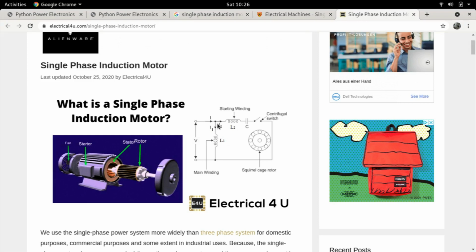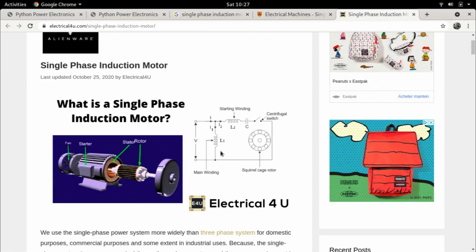The current flowing in this winding is almost 90 degrees lagging behind the voltage because it's an inductance. The current in this winding will be slightly leading the voltage by a small angle because of the capacitor. Actually, it depends upon what the capacitor is with respect to the inductor, but usually it is chosen in such a manner. The result is these currents are now 90 degree phase shifted, and because of that we now have a cumulative torque which is much smoother as opposed to what you would have with a single winding. Now this motor can start up.